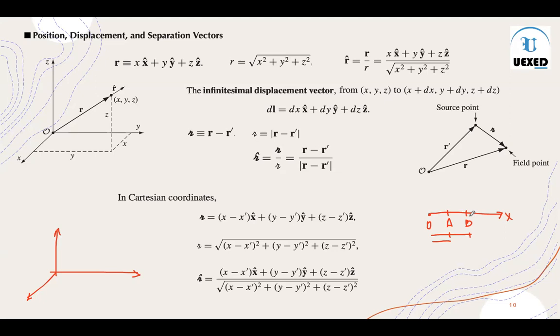So in a coordinate system, simply you can say that this is nothing but x2 minus x1. Let's suppose this is the x-axis, so this is x1 and this is x2. Then the displacement from A to B you can calculate simply as x2 minus x1, which you did at a very basic level in your classes.